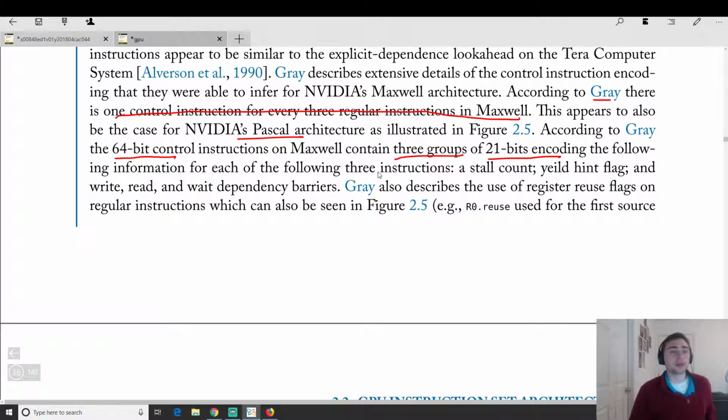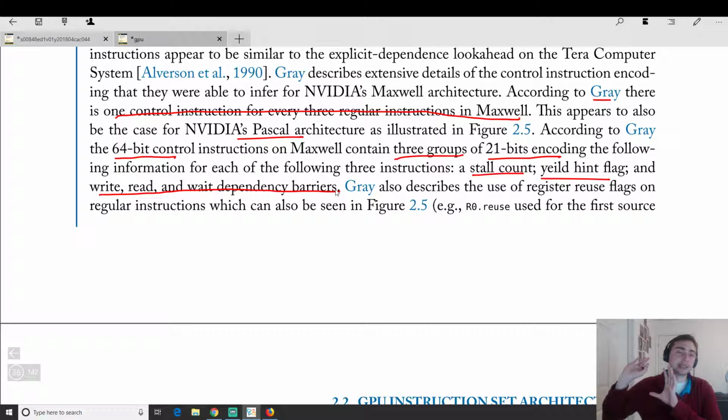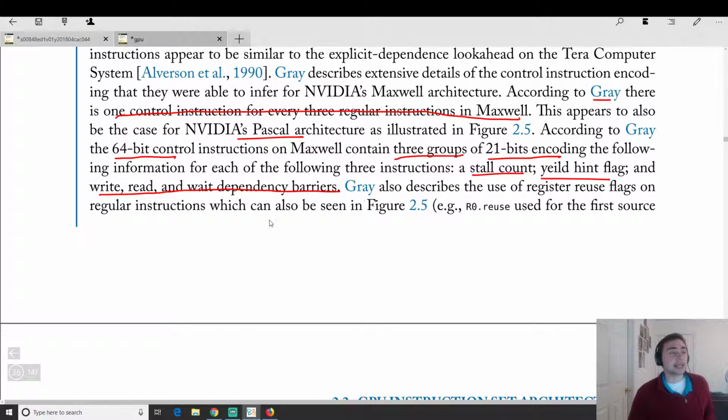Maxwell contains 3 groups of 21 bits each, encoding the following information for each of the following 3 instructions. So it'll include a stall count, a yield hint flag, and a write, read, and wait dependency barrier. So basically they're just taking the logic of how long you have to stall, and whether or not you have to yield,